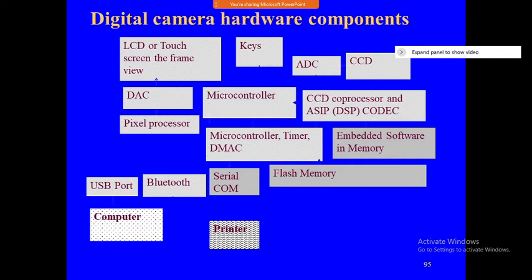Next, direct memory access is important. DMAC means direct memory access controller. Why is it important? For accessing the data; direct access to the data is necessary here. Next is the LCD controller, which connects the system to the LCD display. Next is the battery. The battery is very important for giving the charge.